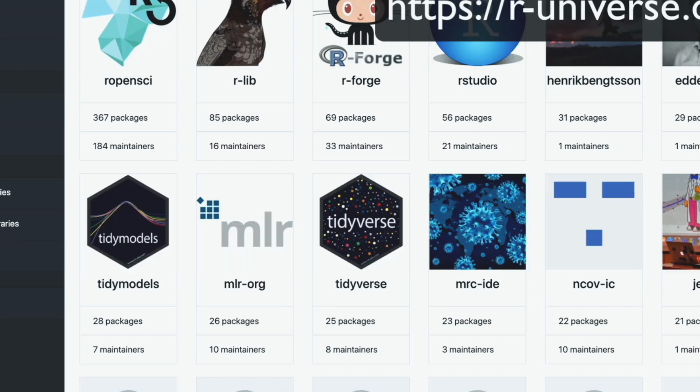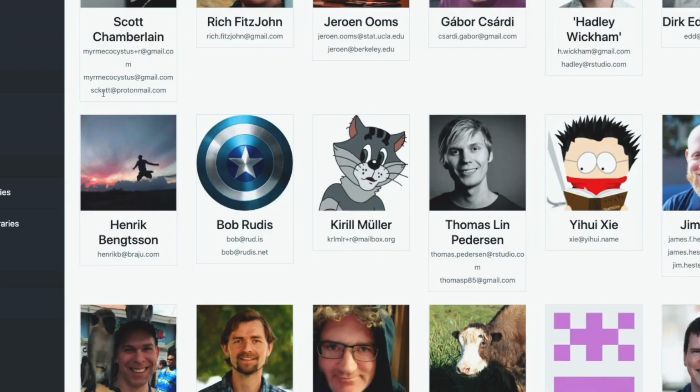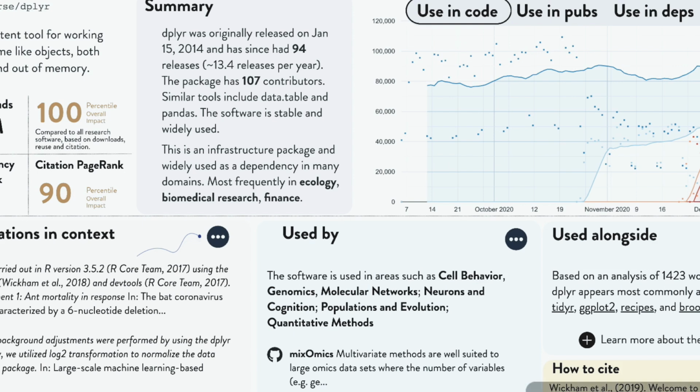But we want rUniverse to not become just a build system, but also a place where you can learn more about these packages. And so we're going to try to combine some of this hard data that you get from the build system with other sources of information about the authors and the activity and the life cycle and all these things that we've talked about. And then we have someone else working on the scientific metrics. They are developing tools that can help us find citations and mentions of packages in scientific publications.